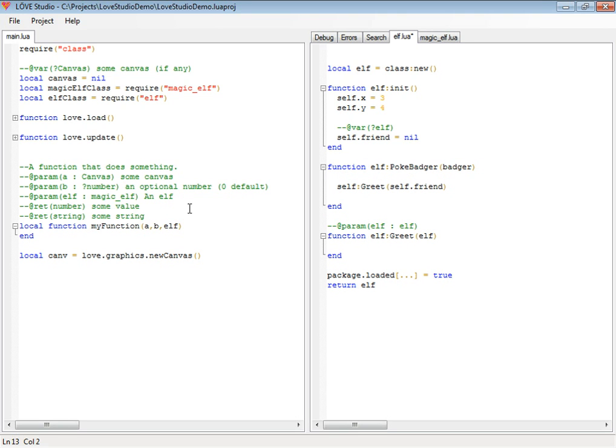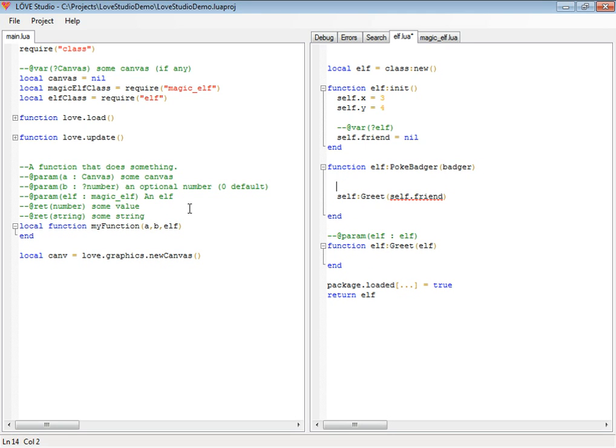So basically, the way around this, if for some reason you know that friend is non-nil, the type checker can often figure that out just by looking at the surrounding context. So for example, one way to know whether or not something is nil is to explicitly check it. So if I were to say if self friend is not equal to nil, then